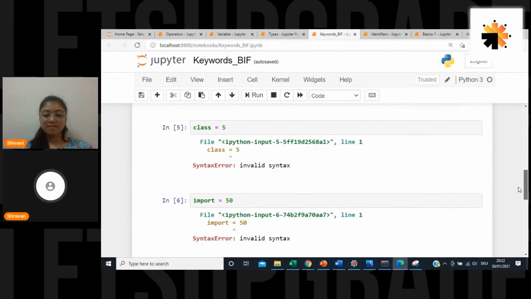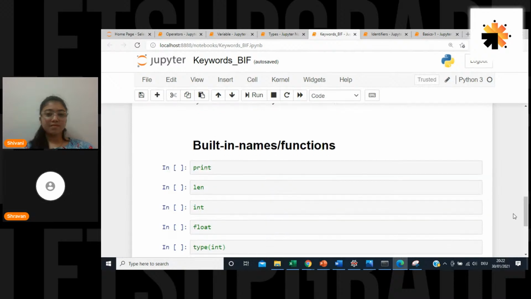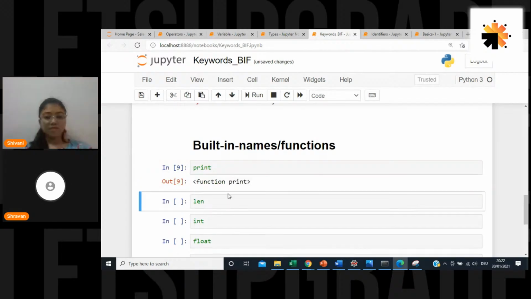So next one we will see something like built-in functions or names. What is a built-in function? I will just take print. It is a built-in function. I'm just using print, I will go ahead and print, execute it. It is a function inside your main. And I wanted to go a little bit ahead and take what is the type of it. This we will be discussing a little bit later.